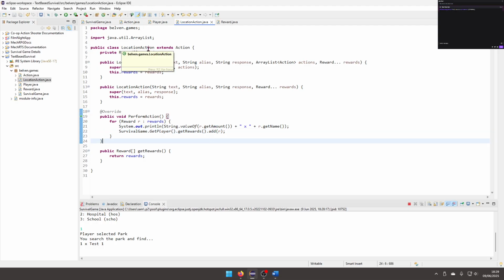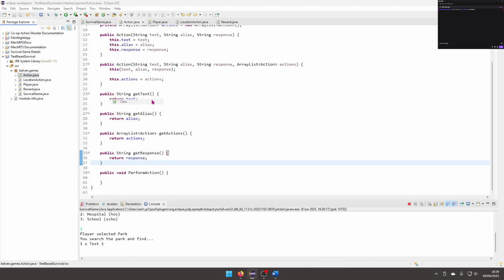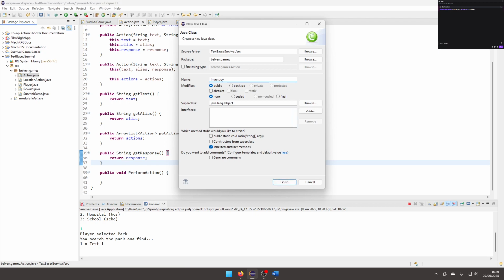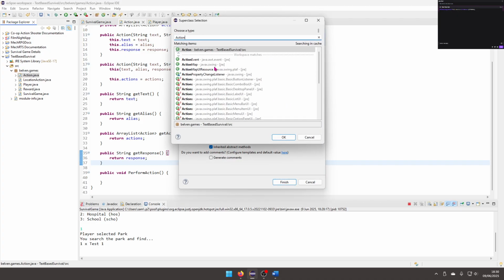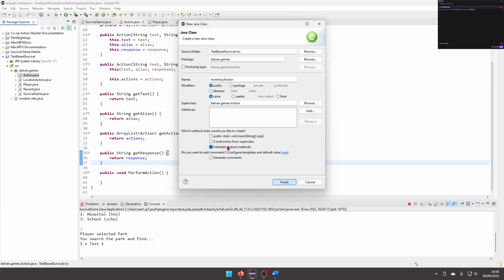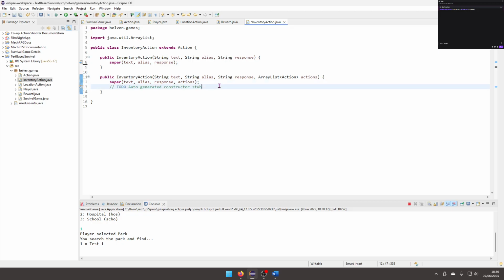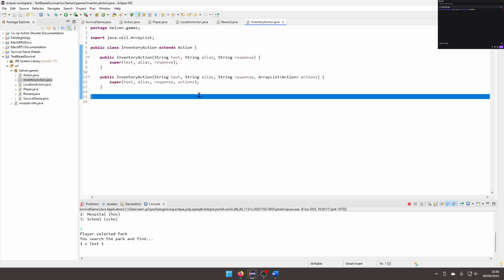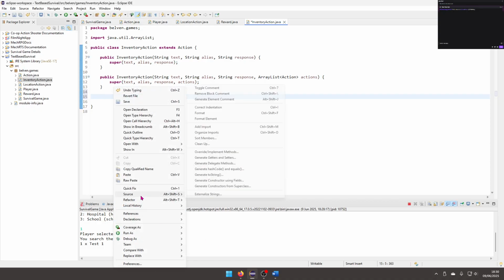And then when we do the inventory action, new class, browse action. There we go. We can override